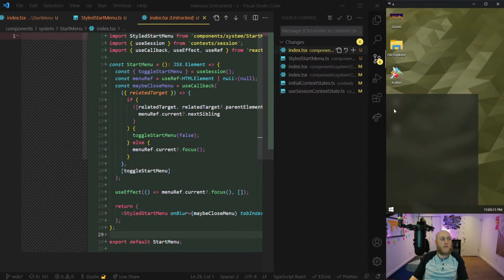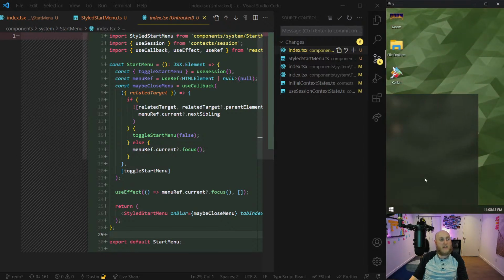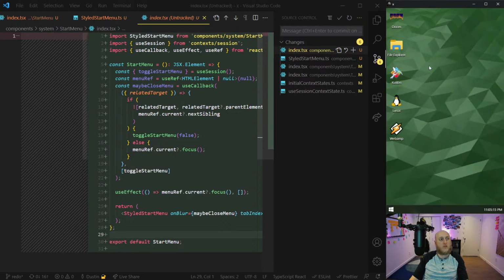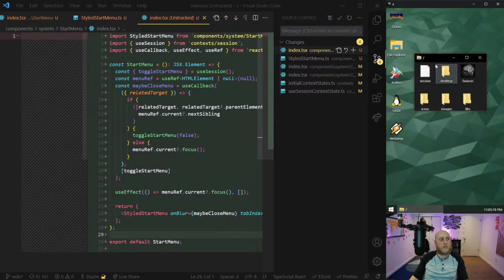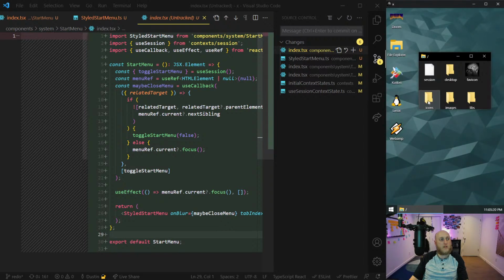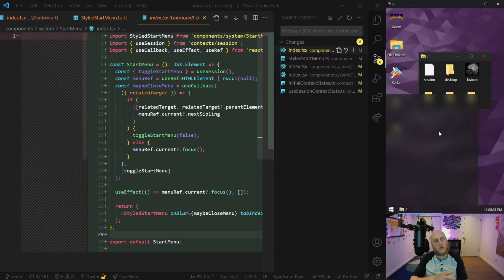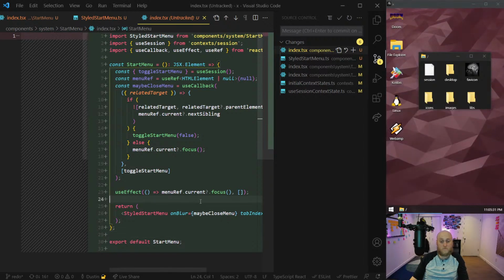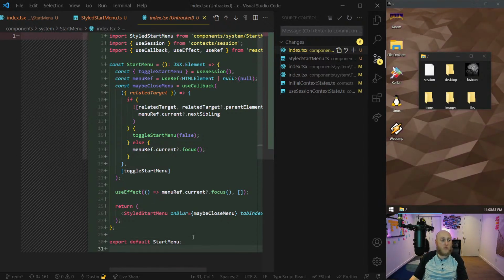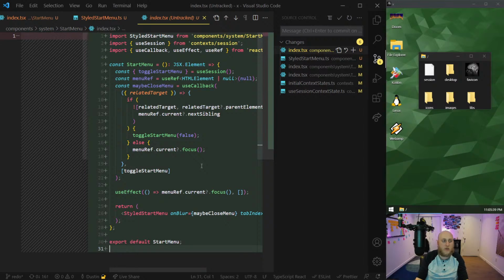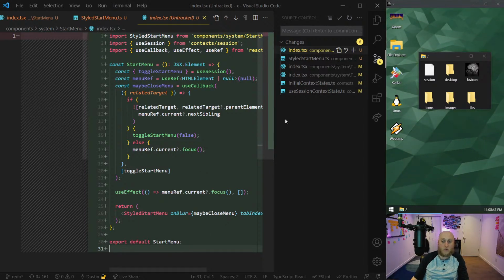So the next step will be I make a nav right here, and then here is where the items are going to go, but I'm just going to reuse the existing file explorer that I'm already using. Like the component that controls this window here and these icons here is the same one, and I'm going to also use it here, and I'm just going to have another folder for the start menu icons, which is actually what Windows does too. I mean, I don't know from a component point of view, but the start menu is a folder, or at least you can add things to a folder that show up in the start menu, but in the background, who knows, you know?